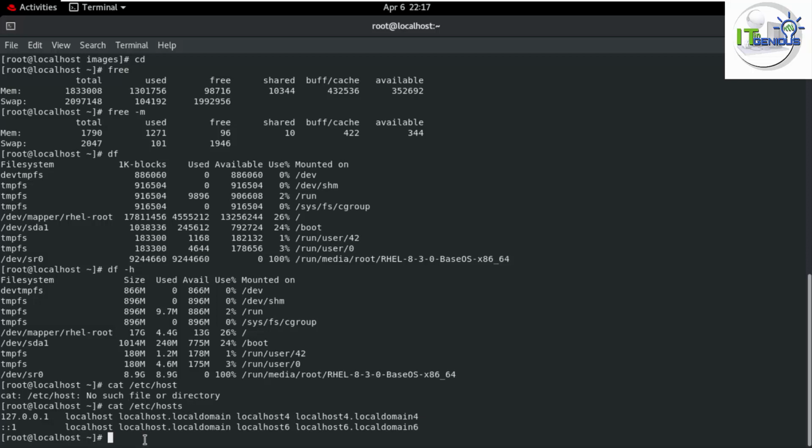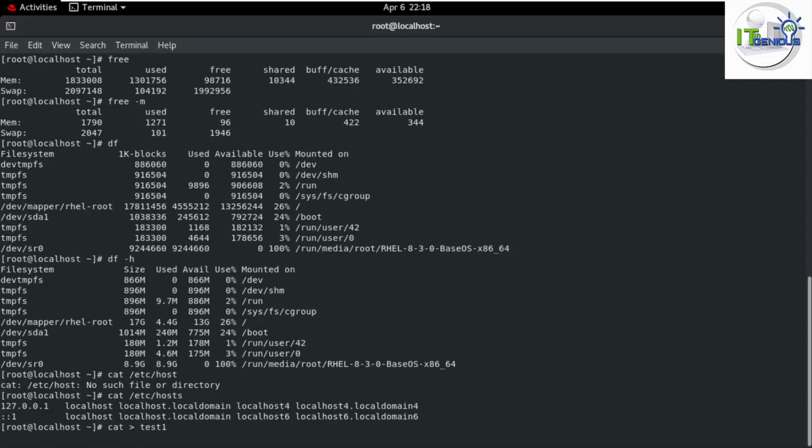Correct. Similarly, if I need to create one text file with some data, I can use cat at that time also. I can run cat space greater than, which is the operator here, then after greater than my file name. Through this command I will create one new file, like test1, press enter. Then you need to enter your content, which would be like: this is a demo file.